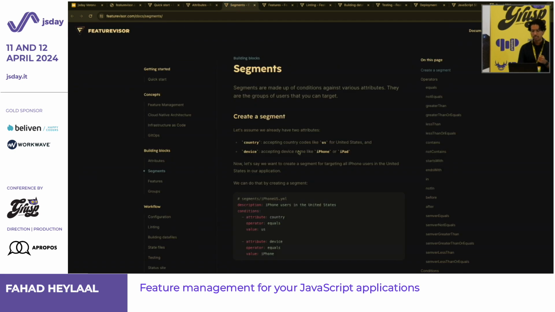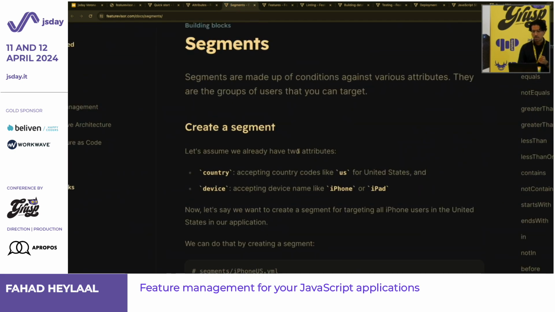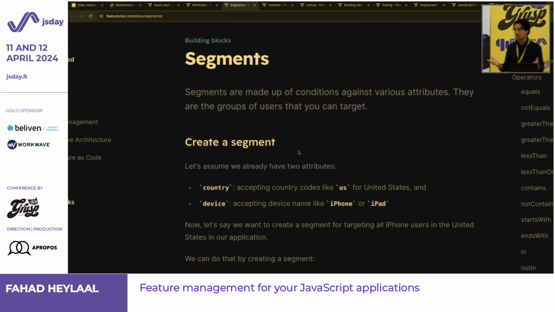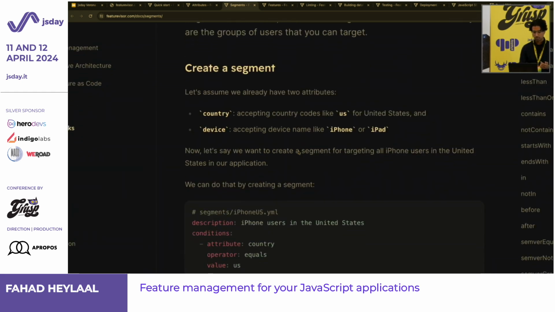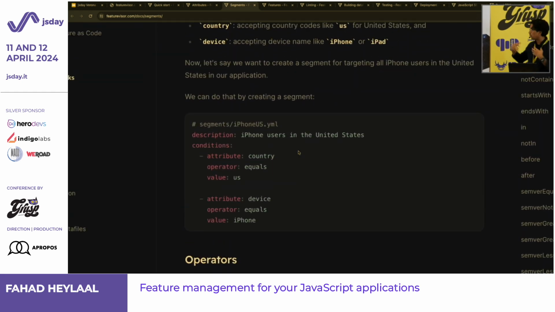And we go to the second tab here. So imagine that we have a requirement from product that we want to target iPhone users in United States. What are the two different fields that we can think of? First one is, of course, the country. A country code has to be equal to US for matching United States. And the second one is the device type. I want to know what device it is: iPhone, iPad, Android, whatever. And one of the ways to express it would be, I create my iPhone US segment